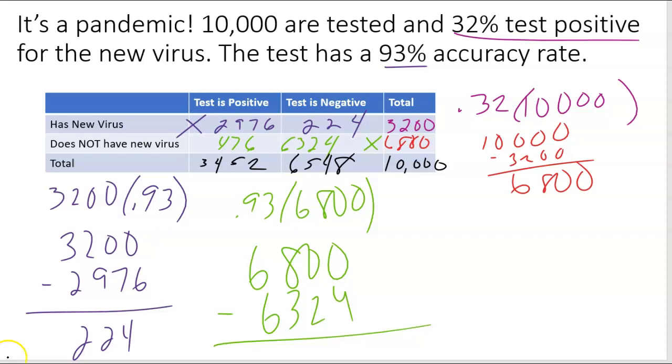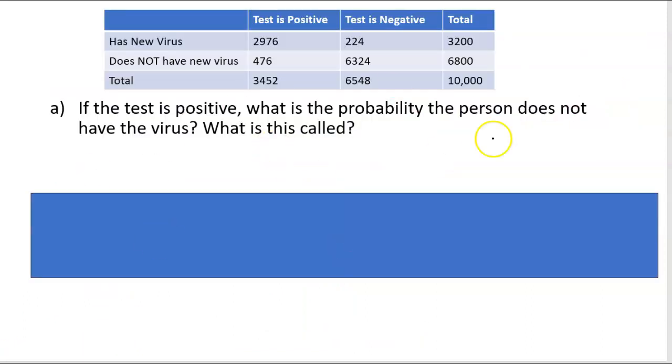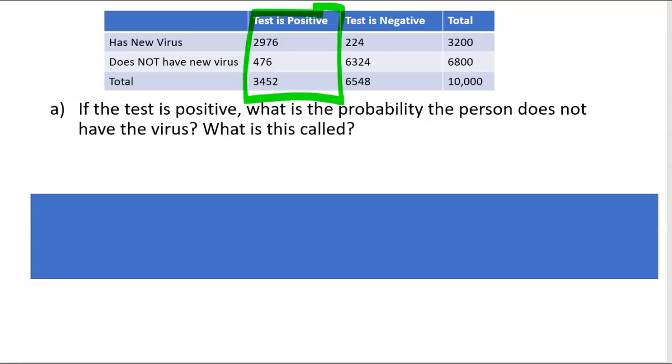All right, so that's the table piece. So now let's use that table. So we have our numbers in the table and we're gonna do this. So the test is positive. This is a conditional probability. If the test is positive, that means we only care about that piece. That means our denominator is 3,452. And what is the probability the person does not have the new virus? Well, that's 476. So you tested positive, 3,452, does not have it, 476, and that gives us a decimal approximation